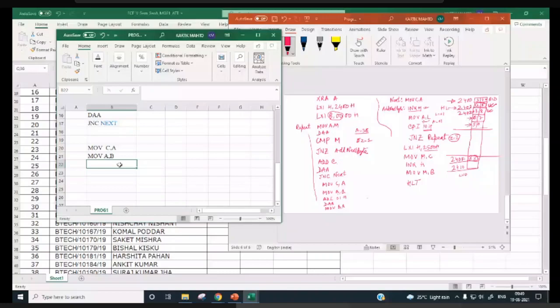Then you have to do DAA, then move B comma A. Then move C comma A. Right. And this label,